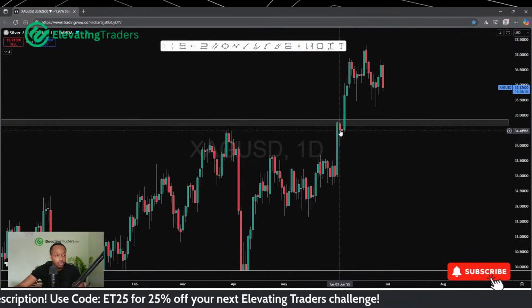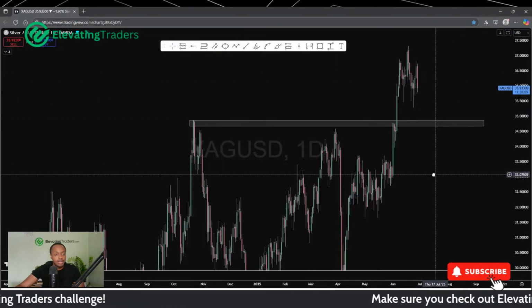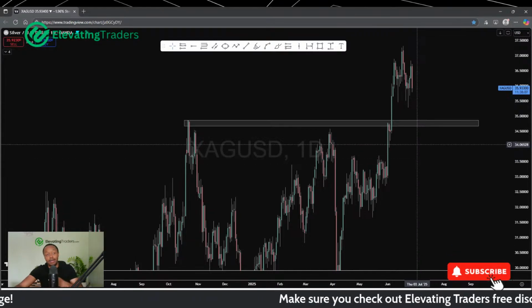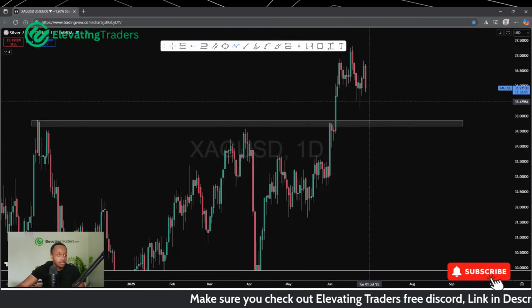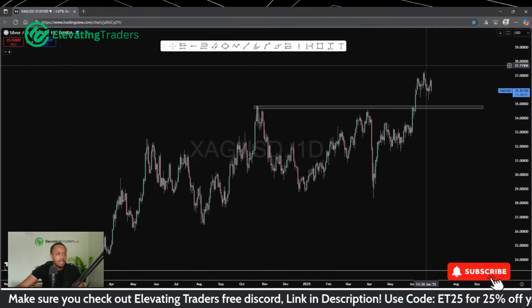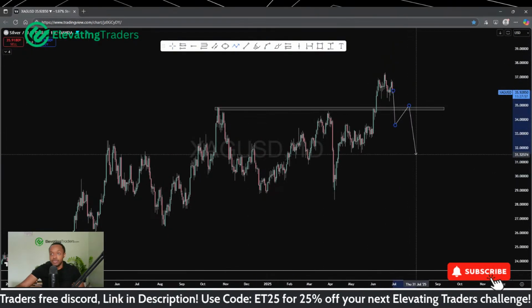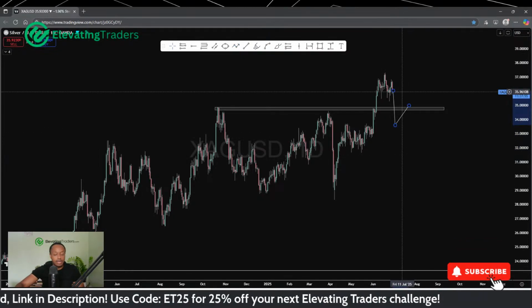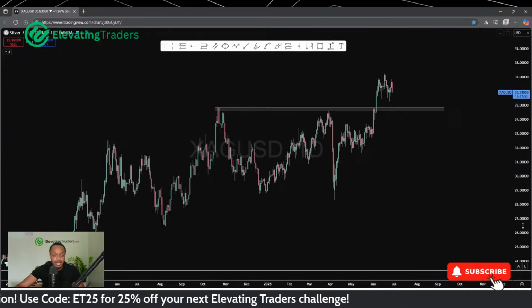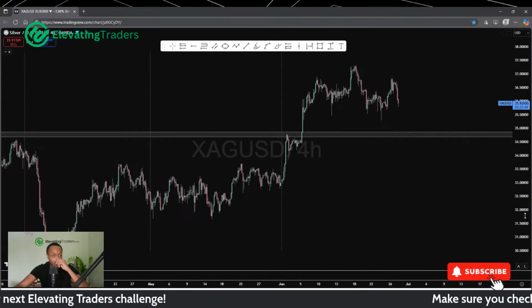We had a brief pause there as well and a massive bullish candle following that. So there's a lot of momentum from this area. So I'm still looking for a retest. The only way I do get put off buying silver is if price was to break back within this level, because this might be deemed to be a bit of a fake out, and that could invite a lot of selling pressure. And yeah, a bigger move to the downside, which I'm not so interested in right now with silver. So still bullish, still looking for a deeper retracement.